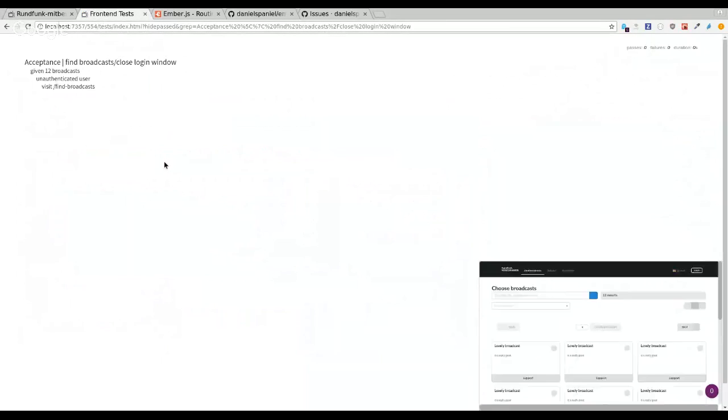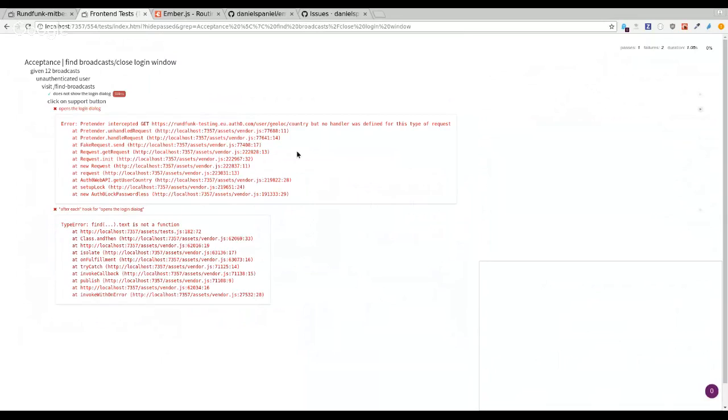And our tests. Intercepted get. Oh yeah, right. It's trying to access the auth0 service now, but there was no handler defined. Like it's sending a request out. But yeah, you have to. You said, I think, that you have some mocks for this OAuth. Yeah. Yeah. We could. What we could do